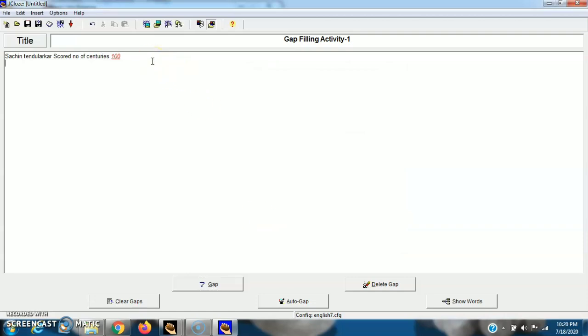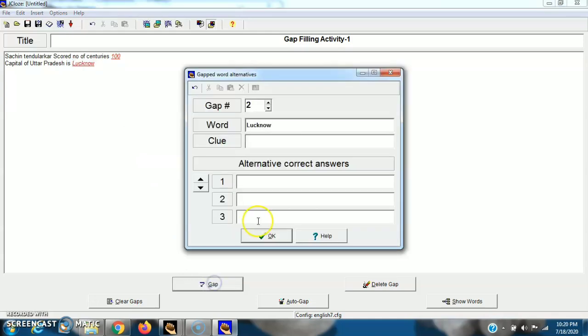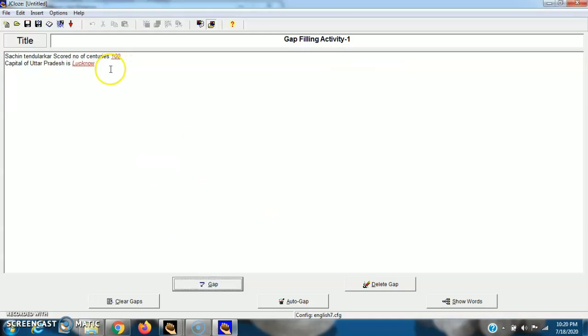We add some more questions. I add capital of Uttar Pradesh is Lucknow. I select this and fill the gap, then OK. I add some more questions.